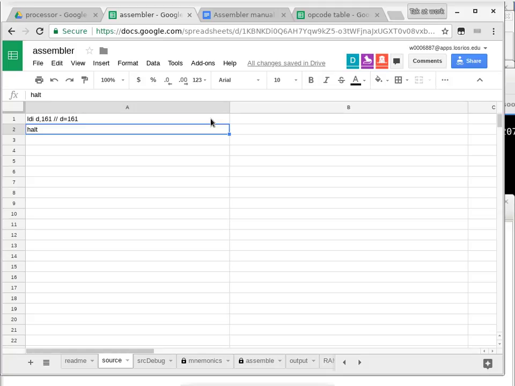You can also type your program in a text editor and then just Control A, select all, Control C, copy, get in here, go to cell A1, Control V to paste. That works too. So that means when you are writing your program, you don't have to write it inside the spreadsheet. You can write it outside of the spreadsheet and then just paste it in. All right, so